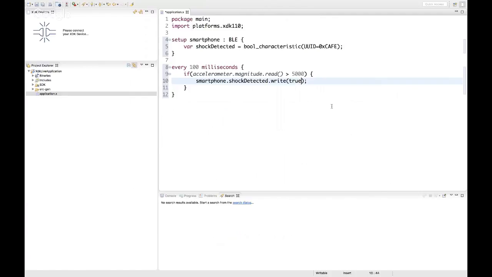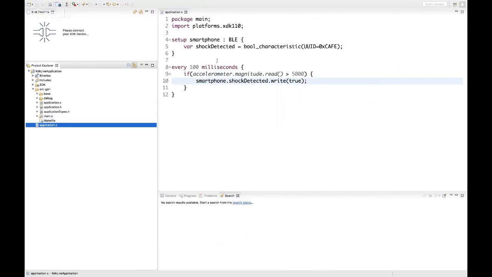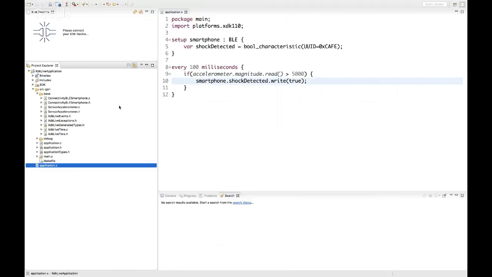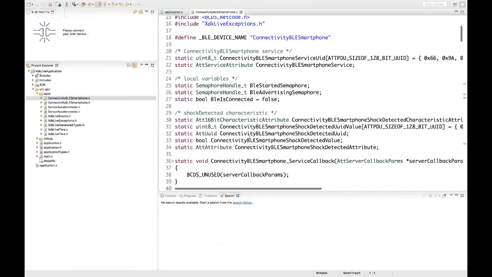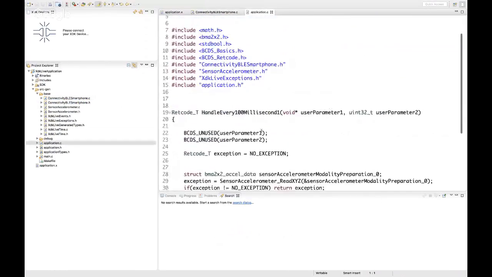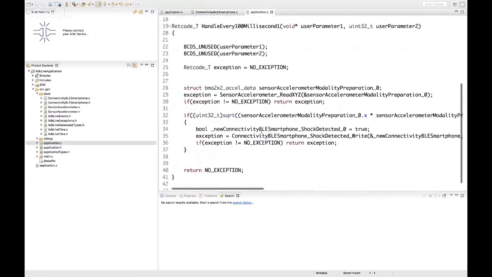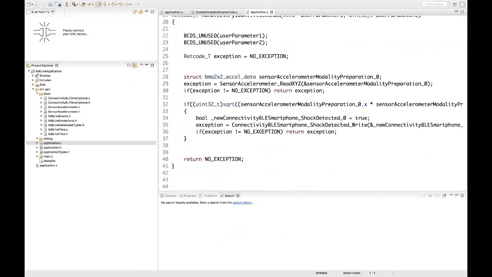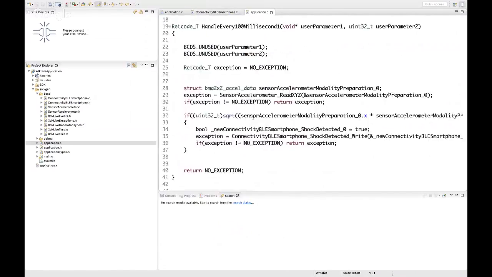Right? So if I hit save now, what happens in the background is we get C code generated that implements this program on a device called the Bosch Cross Domain Development Kit, or XDK for short, which, among other things, has an accelerometer and a Bluetooth radio. We can look at that code, or better, this one. And as you can see, this is fairly readable C code, but it's also plenty of it. And if we were to flash that to the device,